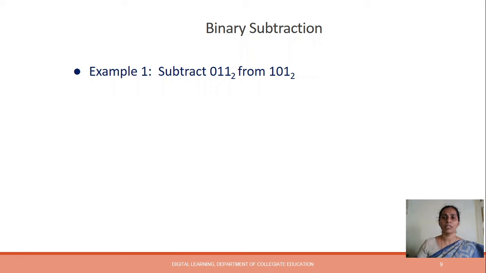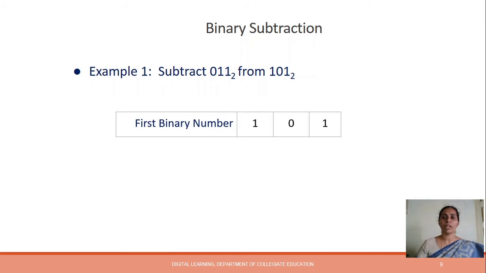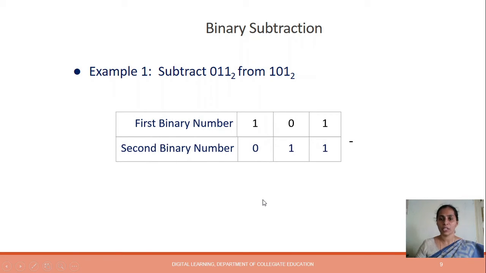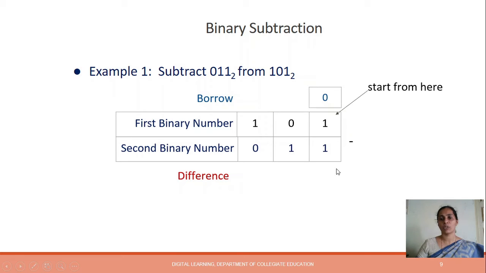Subtract 0 1 1 binary from 1 0 1, another binary number. That means we have to perform 1 0 1 minus 0 1 1. The first number is 1 0 1 and the second number is 0 1 1, which is the subtrahend. So here, start from the rightmost end: 1 minus 1, the difference is 0, there is no borrow here,